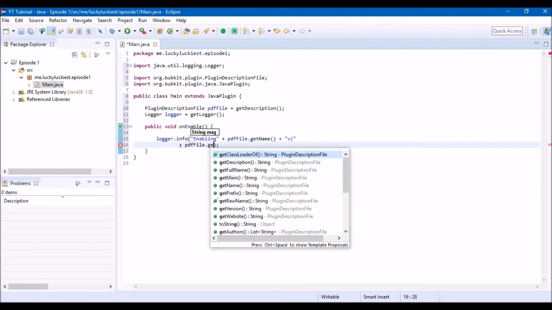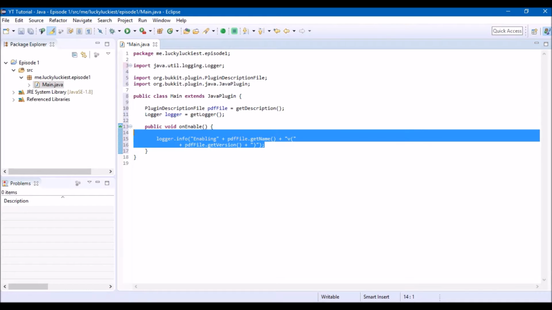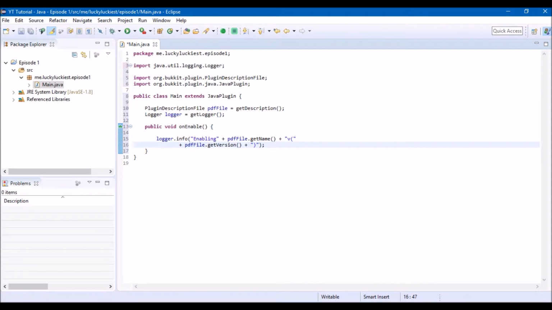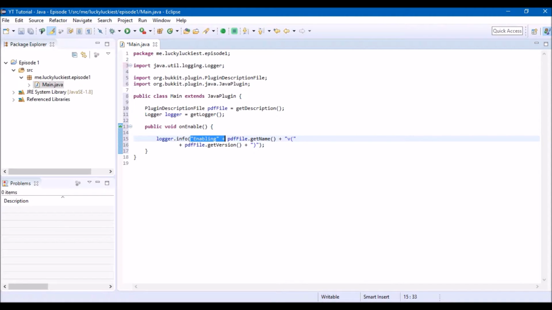PDF file.get version, plus brackets, and here we go. Now we've created the enable method. Once the plugin is open, it's going to show you this: enabling plugin name, which we called episode 1, and version, PDF file version,